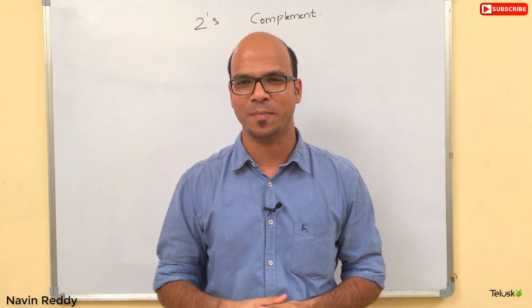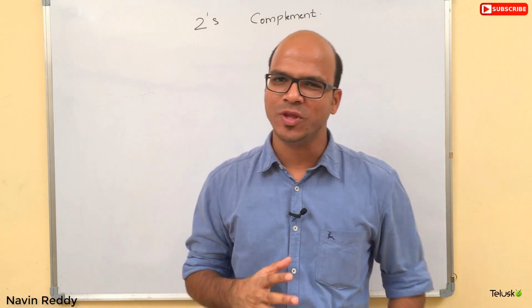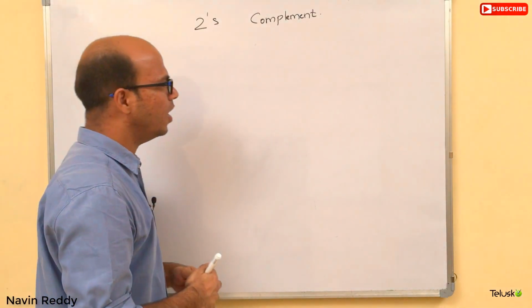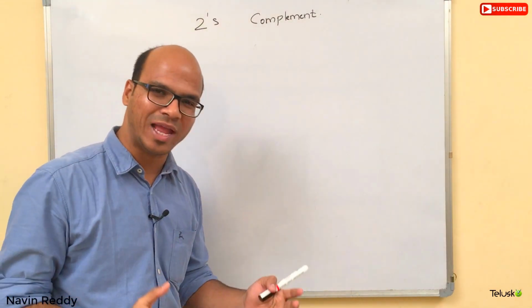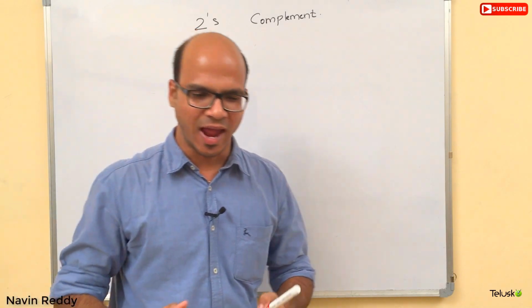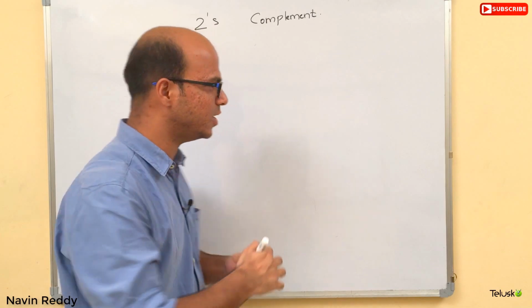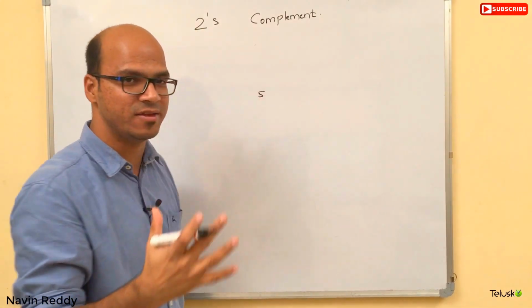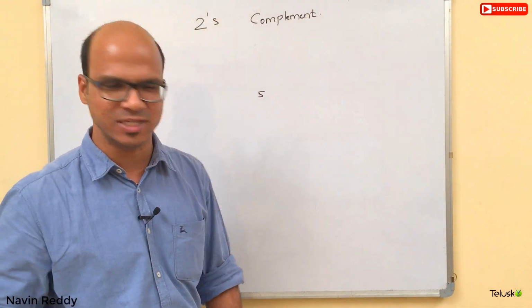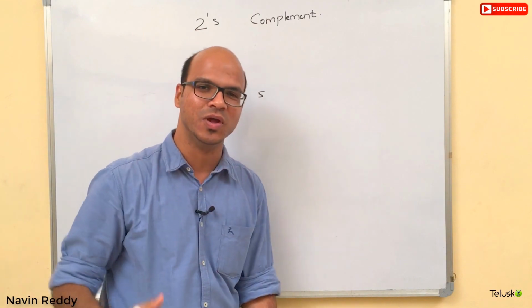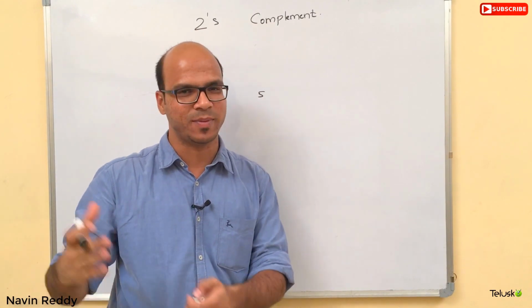In this video we'll talk about 2's complement. Now why do we need 2's complement? It's because in our number system we have negative values and we have positive values, right? And we can find the binary format of positive numbers. Example, if you have a number 5, how to find the binary format of this? We know that, right? We have seen it in the first video. We can divide this number by 2 and you will get the binary format.